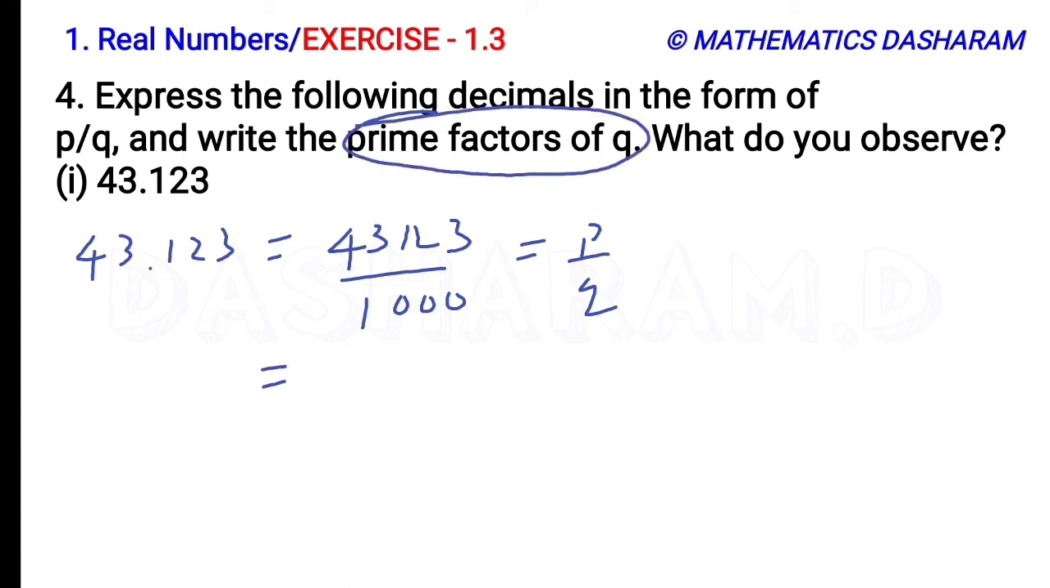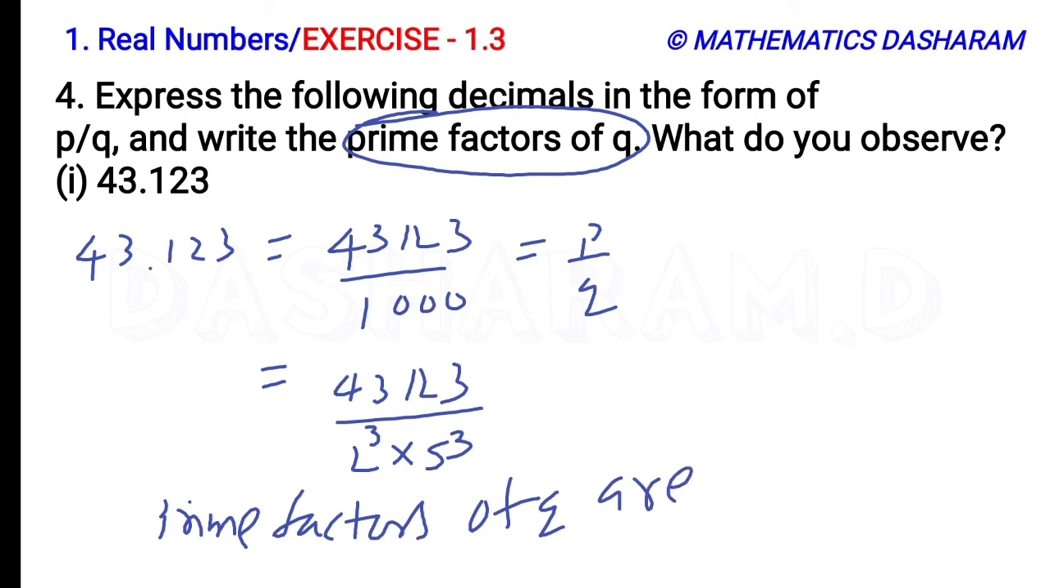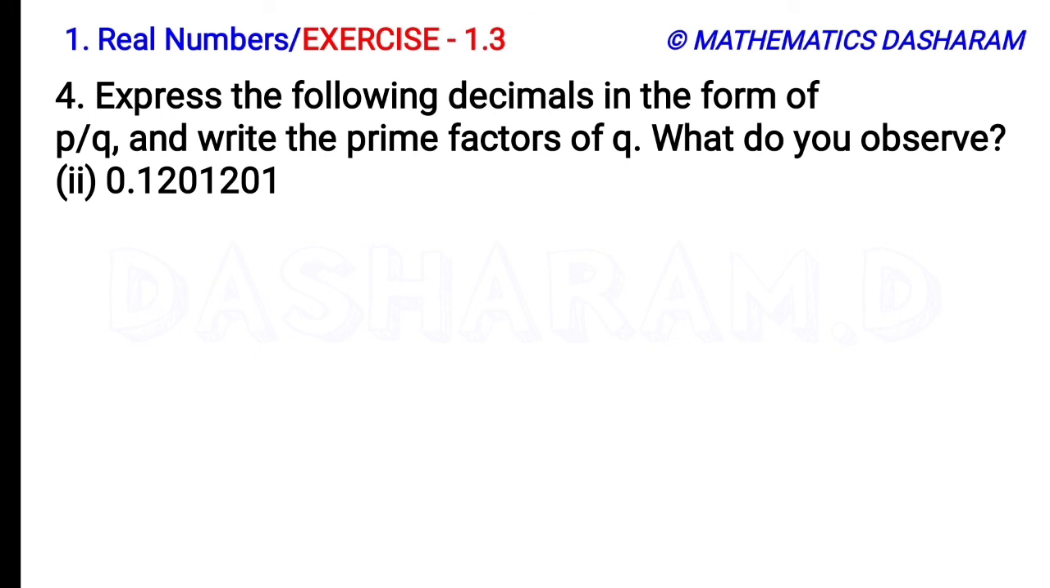So here 43,123 divided by 1000 means 2 cube into 5 cube. So what are the prime factors of the q here? Here q means what? Denominator. What is the denominator here? 2 cube into 5 cube. So here prime factors of q are 2 and 5. Second question,